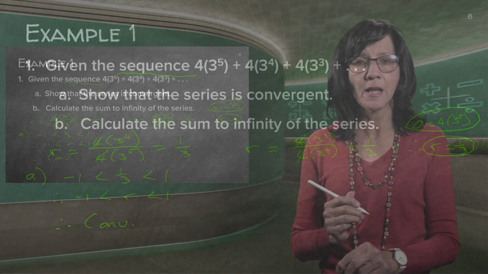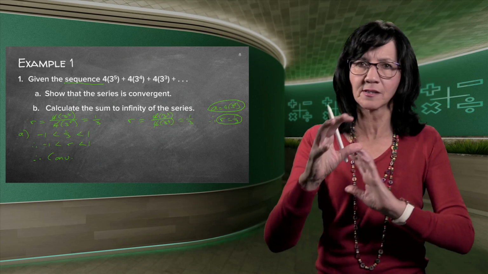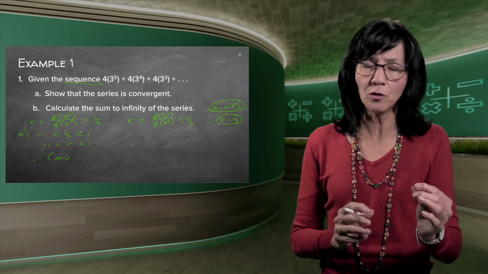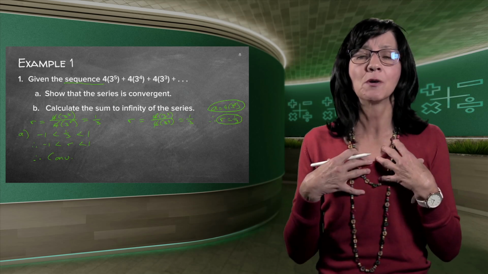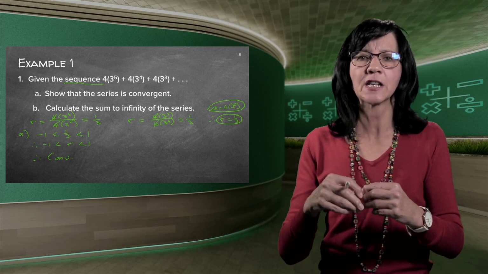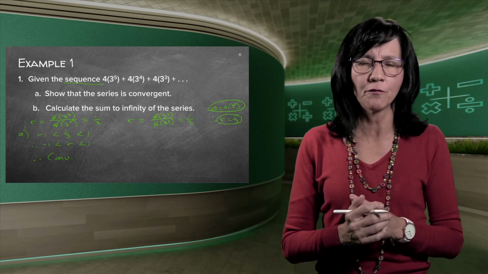It's a definite exam question. They always ask it somewhere in the paper, in the sequence question. Prove or show, and remember, prove or show means you must work out your own r, and you must check if your own r lies between -1 and 1. So there's your first answer.